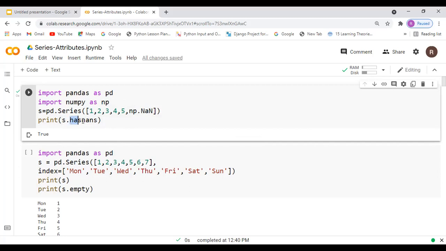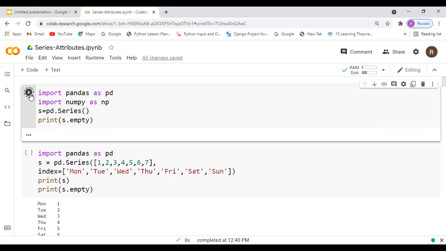Now the next attribute I'm going to use is empty. Okay. So empty means if the series is empty, you will get true. If the series is not empty, you will get false. So when I execute here, it is false because we have some values in our series. Now suppose I am removing these values.